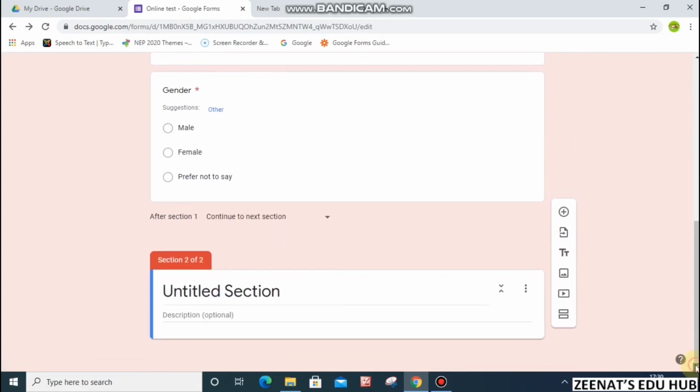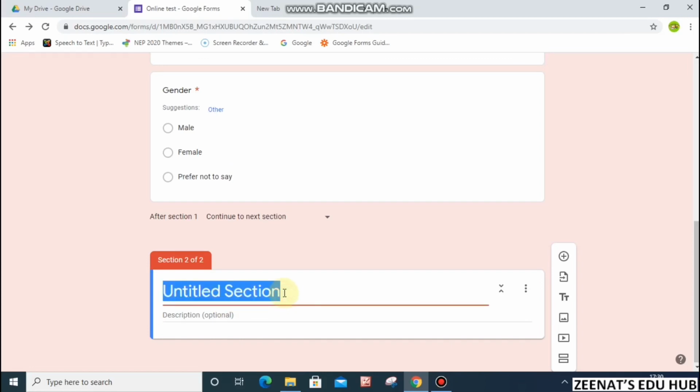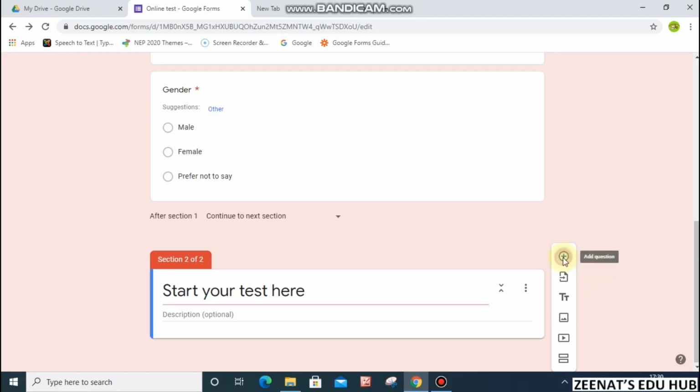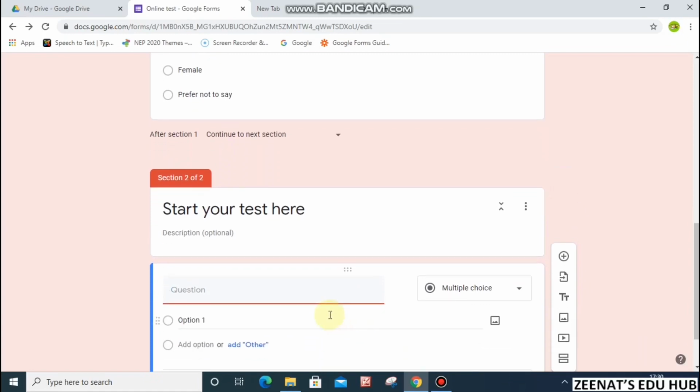For this, we can give a name to our section as Start Your Test Here. Here we'll type all the multiple choice questions as we want to use the automatic grading feature of Google Form. Now let's start with some simple questions like, how many colors does a rainbow have? We can give 3 or 4 options as per our choice.